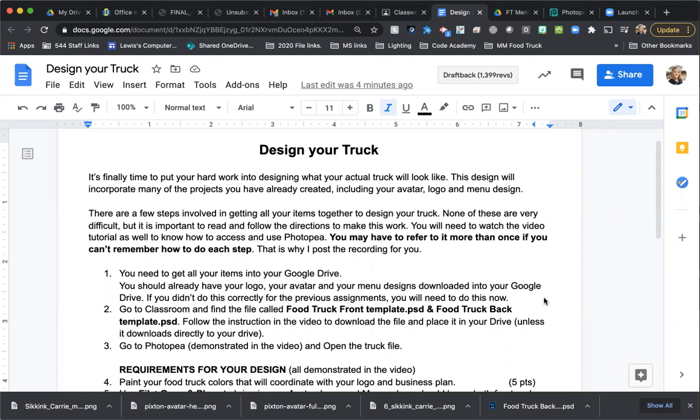on the project. So now that you have done things like created your avatar, created your logo, created your menu, we're going to use those different images and put them on your food truck. I'm going to go through the assignment just a little bit, and then I'm going to show you where to find some of these files and how to do some of these skills. First, I'm going to take you through the directions so that you'll know a little bit of what's coming, and then I'm going to show you how to do some of this